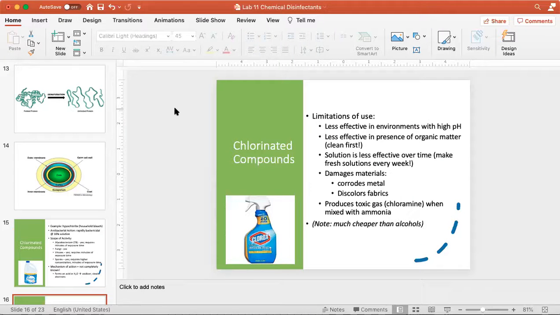There are lots and lots of bleach products on the market. One of the biggest companies is called Clorox. You've probably seen all kinds of Clorox chemicals in the grocery store. You can buy all different combinations of chemicals for different purposes in the house. We have to remember, though, that bleach has a pretty long list of limitations.